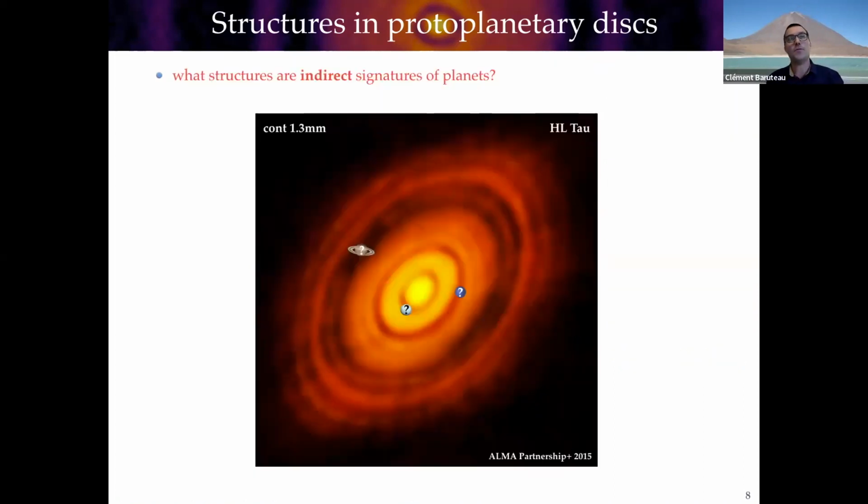Moving on now with another point that I would like to make, which is that sometimes when sequences of dark and bright rings of emission are observed in the dust continuum emission, like for this disk around HL Tau, it's often argued that all these dark rings of emission could perhaps be due to planets actually forming in the disk. So with the idea that at the location of each dark ring of emission, you would have a planet with a different mass,